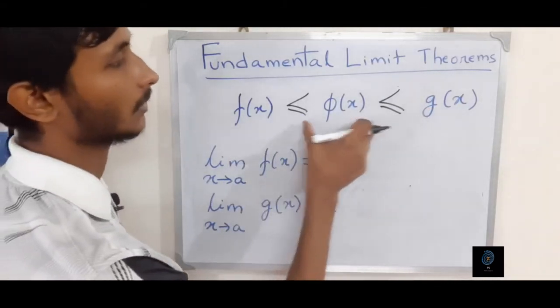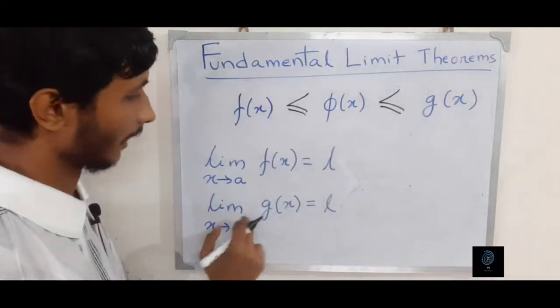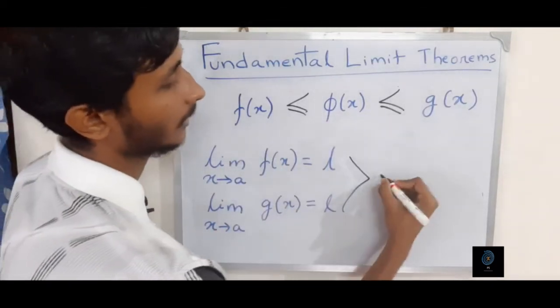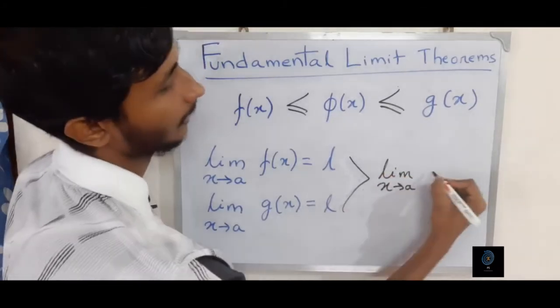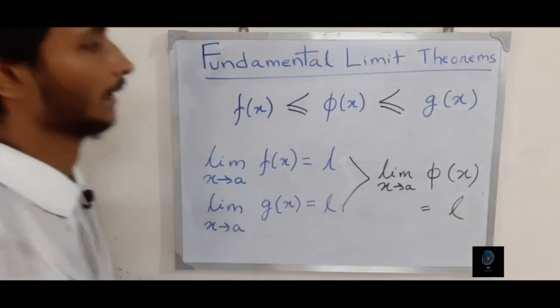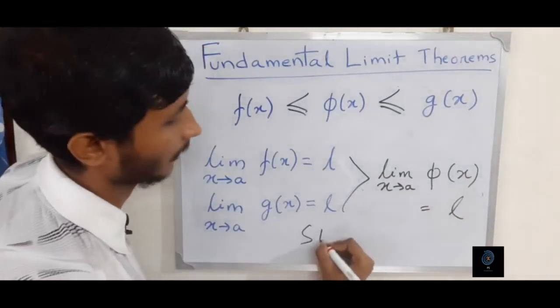Now if phi(x) always lies between f(x) and g(x), and both f(x) and g(x) approach the same limit, then we can write limit x tends to a phi(x) will also be equal to L. This theorem is known as the sandwich theorem,